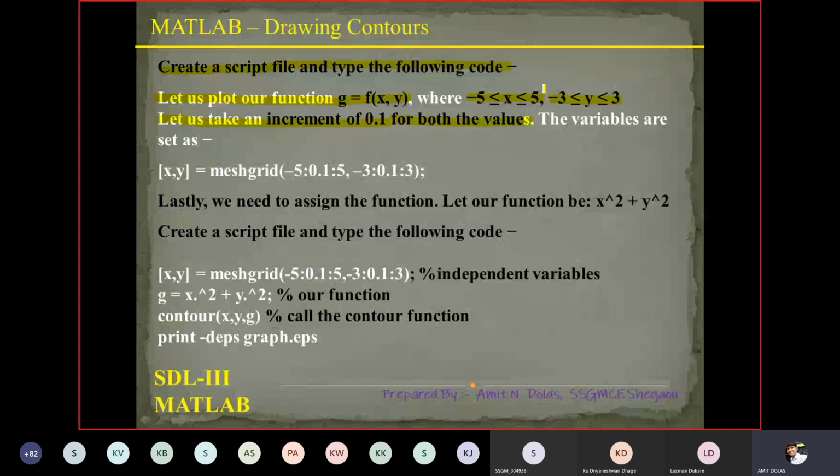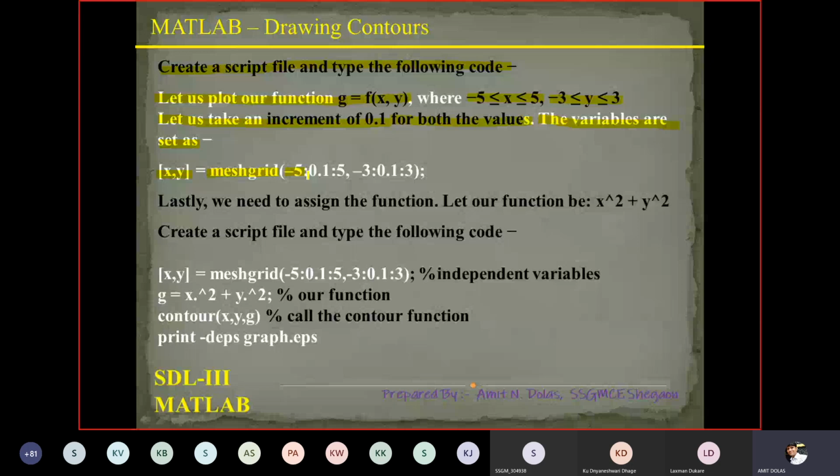The variables are set as, in square braces, x comma y is equal to meshgrid, which is the command that will provide you data, as we discussed earlier in the previous PPT, that this data can be mentioned in MATLAB using the meshgrid command. So -5 is the starting point, 0.1 is the increment, and the end point will be 5.